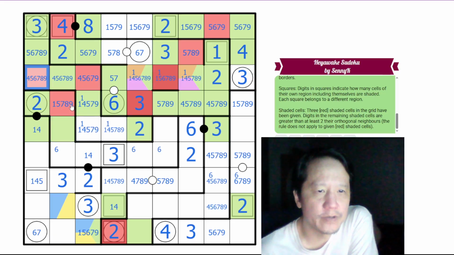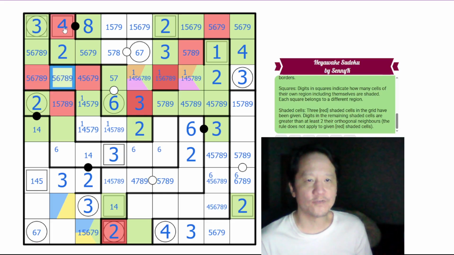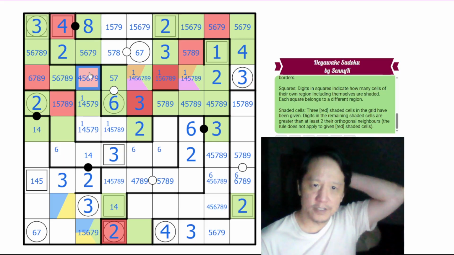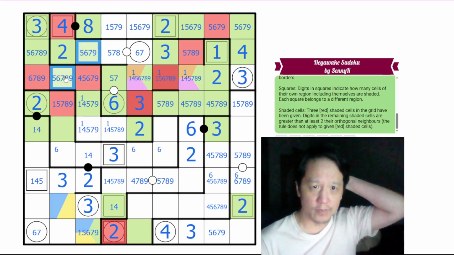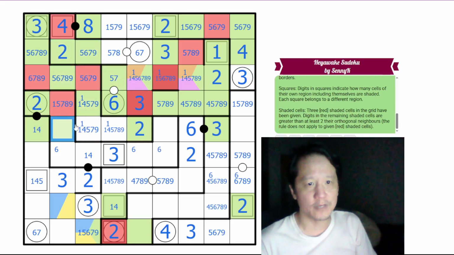This has to be greater than 2. It's greater than the 2 here, but if this is 4, it would be less than these. So this cannot be 4. This can't be 4 because of 4 in the column. So if this is 5, it's not going to be less than either of these, so this can't be 5. This, if it's 4, has a problem because none of these are less than it. So this can't be 4. This can't be 1 here